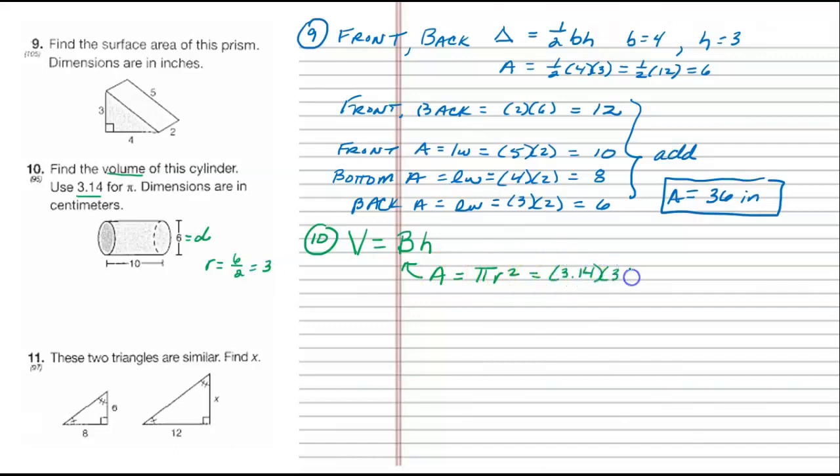So I'm going to plug that in. 3.14 times 3 squared, which is 3.14 times 9, because 3 times 3 is 9. So I get, oh, I did something. There we go. 9 times 3.14 is 28.26. Now that's just the area of the base. So I'm going to plug that back into this. So 28.26 times the height of the whole thing, which is 10,